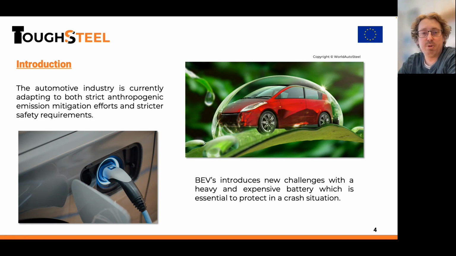So to start off with the introduction, as you all probably know, a lot is happening in the automotive industry at the moment. The transport sector is, of course, a heavy contributor to the greenhouse gas emissions. So it's a prioritized area in the continued effort to reach climate goals. And for vehicles with internal combustion engines, tailpipe emissions are proportional to the curb weight. And by down gauging the sheet thickness in components, material can be removed, and therefore reducing the weight and